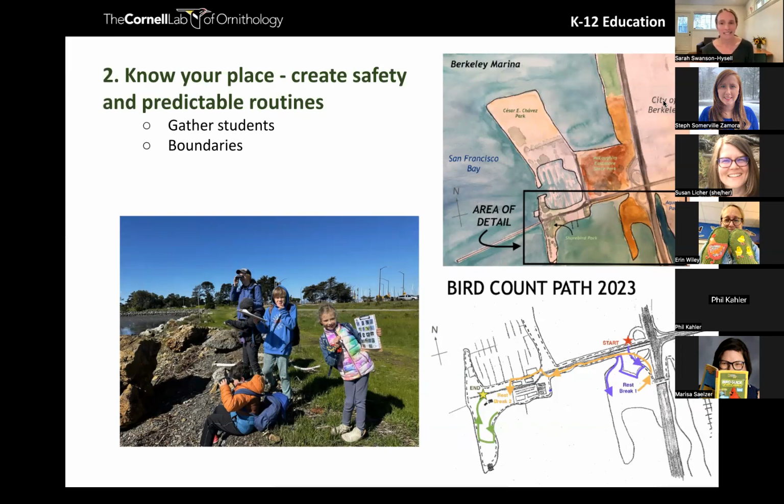And once we were standing in our toe-to-toe circle, I would always try to establish the boundaries of where kids could go and could not go, depending on whether we were on a field, walking on a trail, where the roads were, etc. And on this map, you can see that during the bird count, I planned rest breaks where there were bathrooms and fields for the kids to play on to get a little brain break in the middle of all this very focused counting.